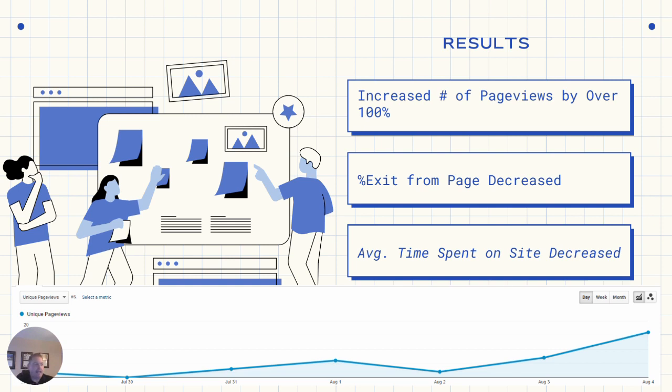So I would say we probably need more information. We probably need to do some type of survey or study to find out: are people leaving the site because they're unhappy, or are they leaving the site because we really streamlined it? So we would want to confirm our hypothesis. But overall, we're very happy with these results. We think that we did a great job driving new traffic to the site, and I think with further adjustments, we can really start making even more progress.